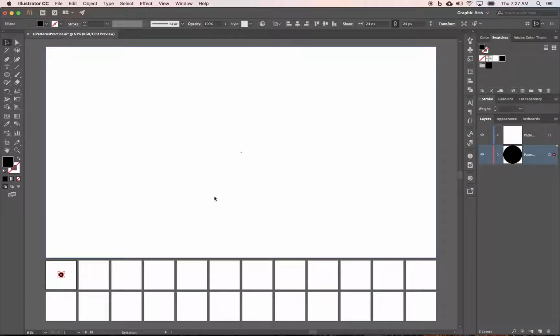Alright, so we made a shortcut key and we went over the interface really quick. So what do we need to do next? I want to show you just a sample pattern. We already looked at some, but I'll show you another one. That way I can show you the process with a shortcut key. So let's say I take my selection tool and I'm going to shift and option drag a copy of this